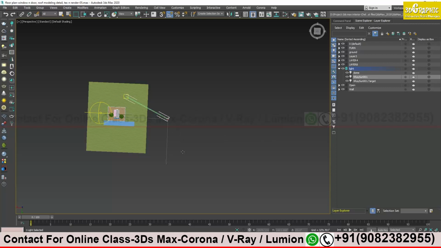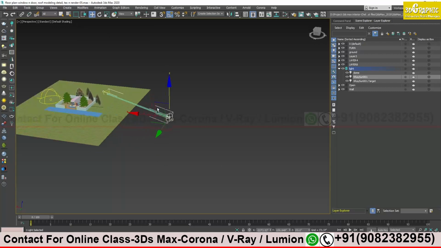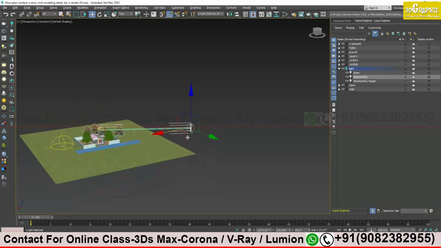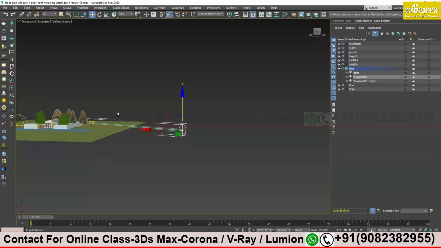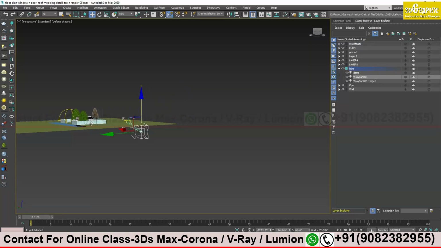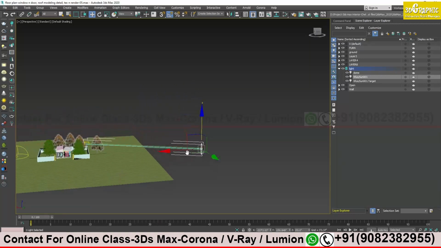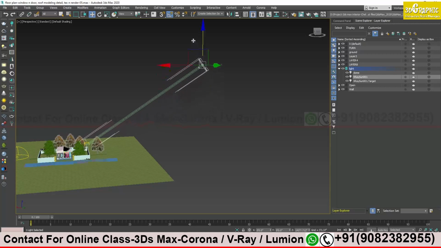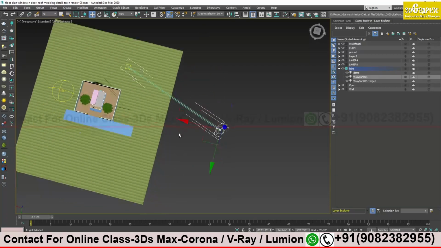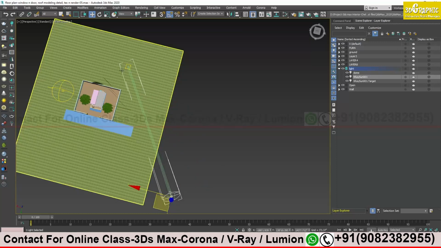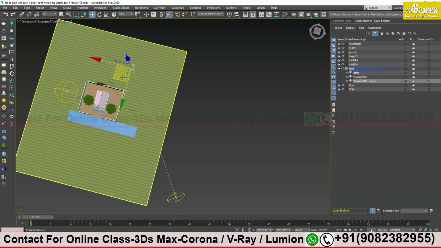I press W because I have to come to the select and move mode to modify this. Now you see my sun, and the target point of my sun is on the 0 0 level, on ground level, which is not a natural thing. The sun should be a little bit high, like this. I will just adjust my target point.